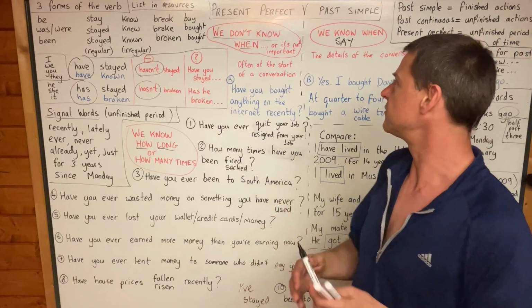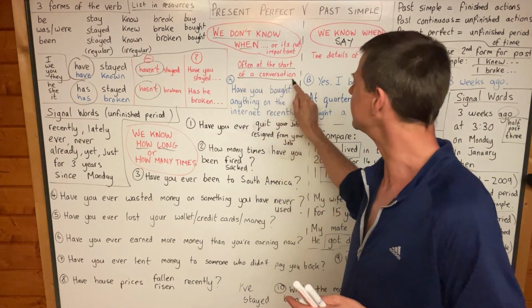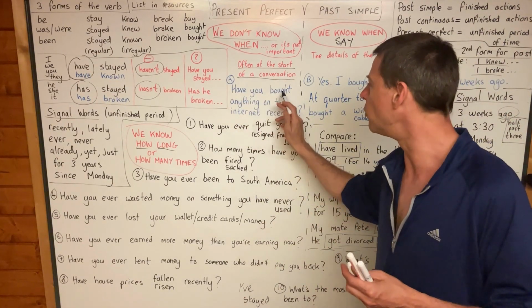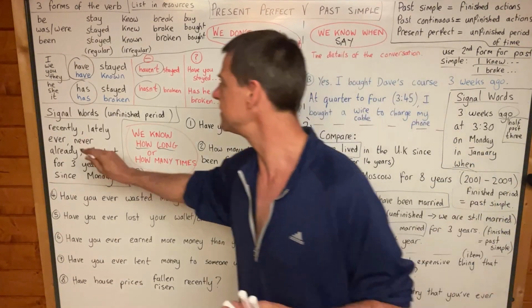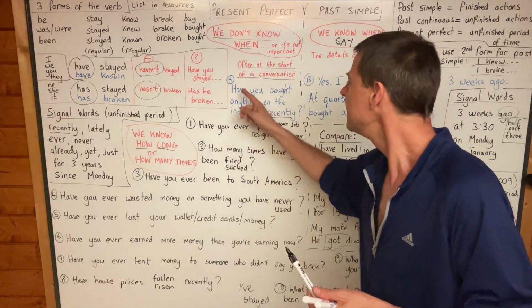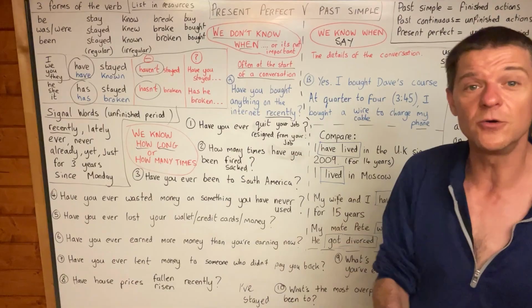So let's have some examples, because we often use present perfect at the start of a conversation. You say something like this: have you bought anything on the internet recently? Recently is a signal word for present perfect. It's often present perfect. Have you bought anything on the internet recently? Now, I know that you